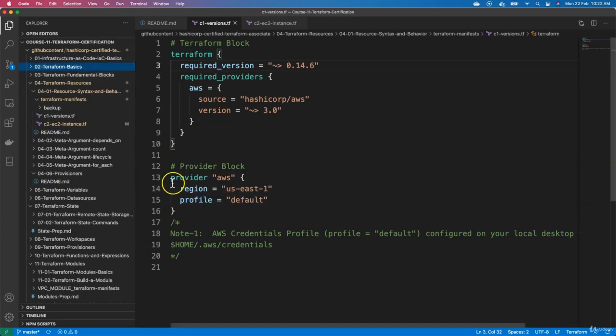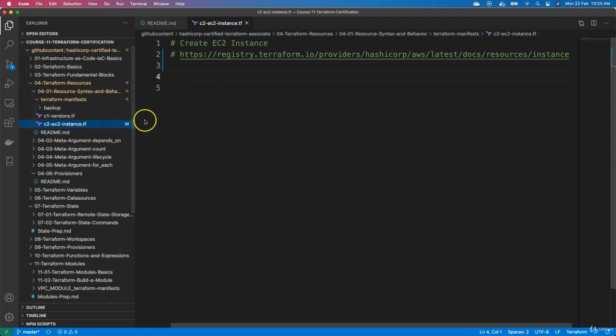Okay, so we are not going to rewrite this one more time using the live template writing. I took the same c1 versions.tf from the previous sections and put it here. We are using the required provider as AWS, the region we are going to use is US East 1, and my credential profile is the default profile. So let me close this c1 versions.tf, and then we'll focus on c2 ec2